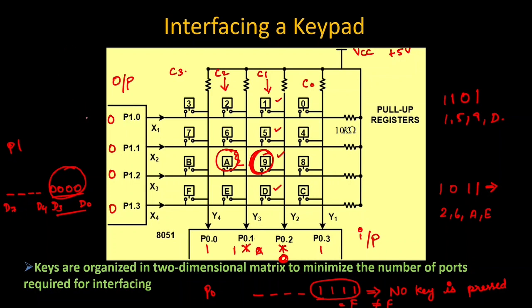So in the next case, how will I send my next data? I will make this 0 here and 1, 1, 1 here. If I give those values, what will my output be with the pins at 0, 1, 1, 1? The key pressed is 9, right? If I give those values here, will there be any change in the input of port 0? No, because none of the keys is being pressed. So what will be my expected output for these values in port 0? It will be 1111,